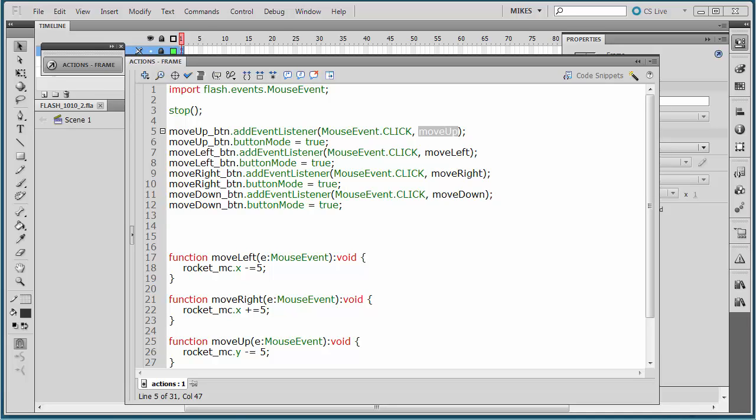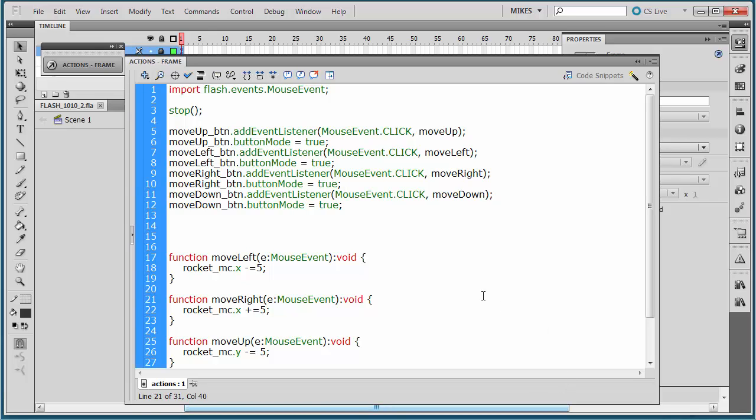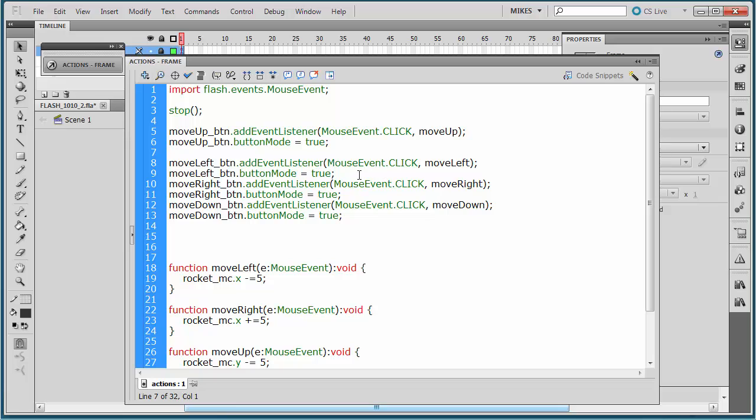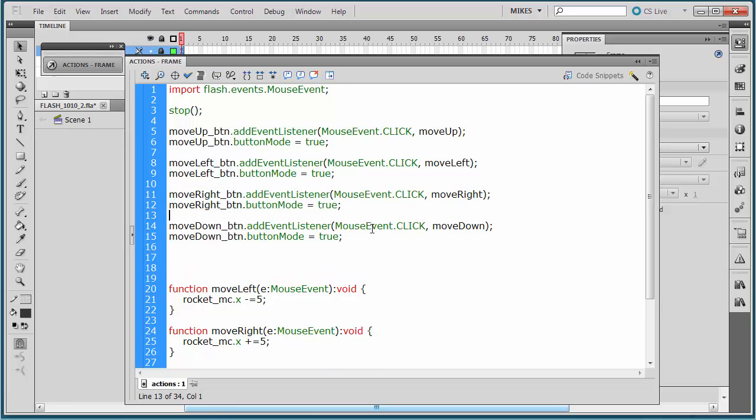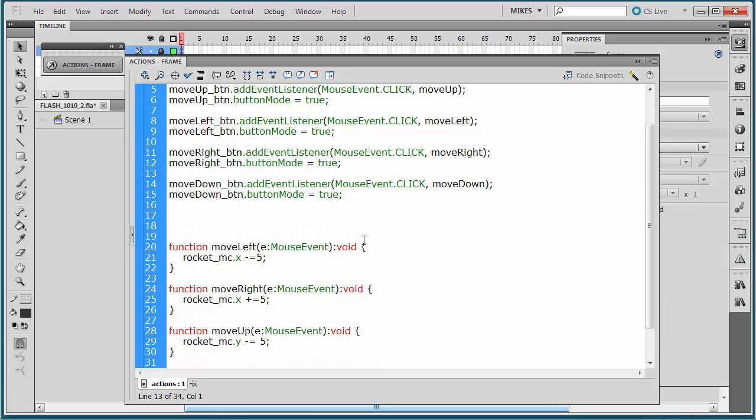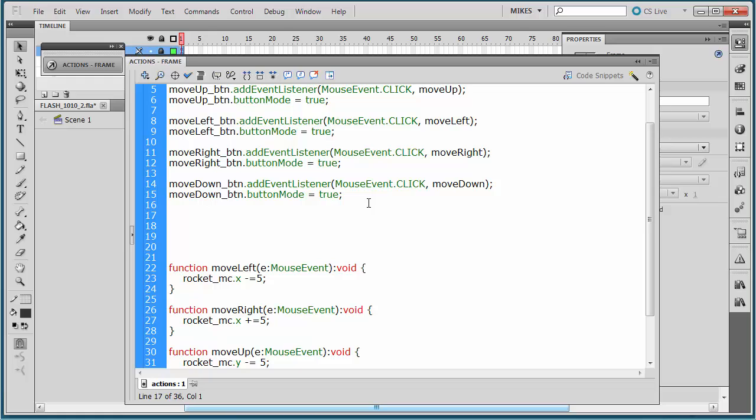One thing I normally do when I'm building applications is I tend to try to keep my code grouped so that like things are together. So I'm going to put a line in between here because we have the move up button functionality, and then the move right, the move down, and I want to keep things grouped together. So the next thing I want to do is come down below my move down button, and I want to add scale up